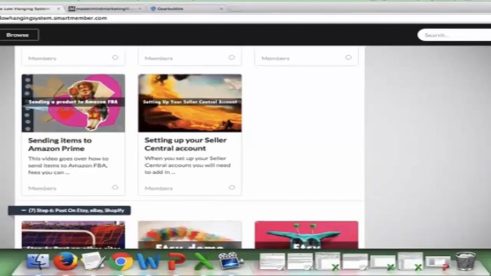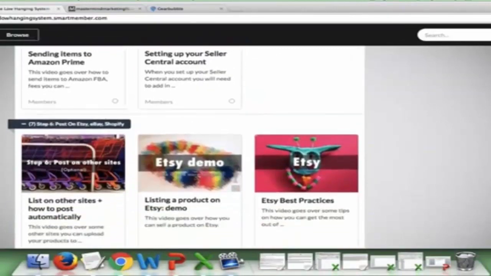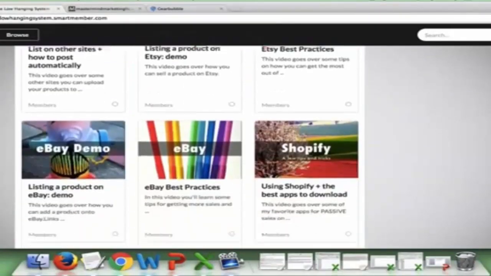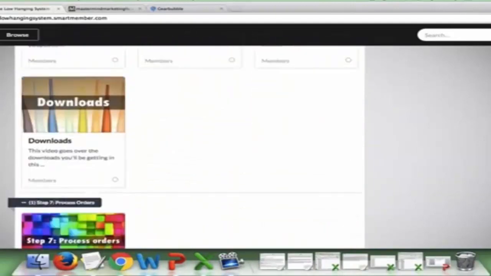So when you do get some winners, which you probably have left over from the last several years of doing e-commerce, that you can just slap back up on there, it'll start to rank, it will start to sell, and then you can source it even cheaper and push it over to FBA, and you can scale up to really big, massive amounts. Etsy, eBay, Shopify, everything that she does on all those different sites,